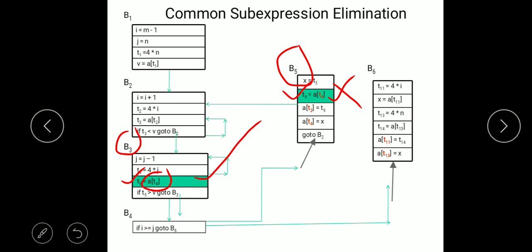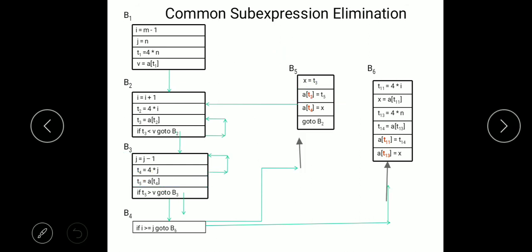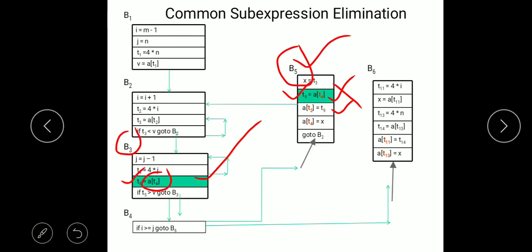We will do that here. After doing so, you will notice this change in B5. You can go to the previous point.